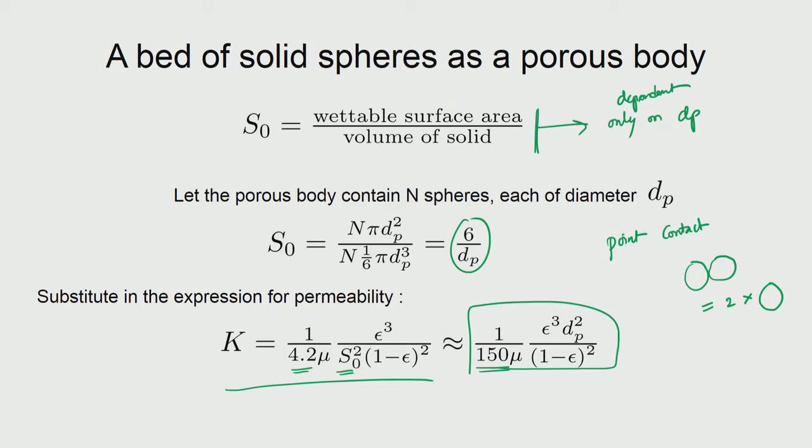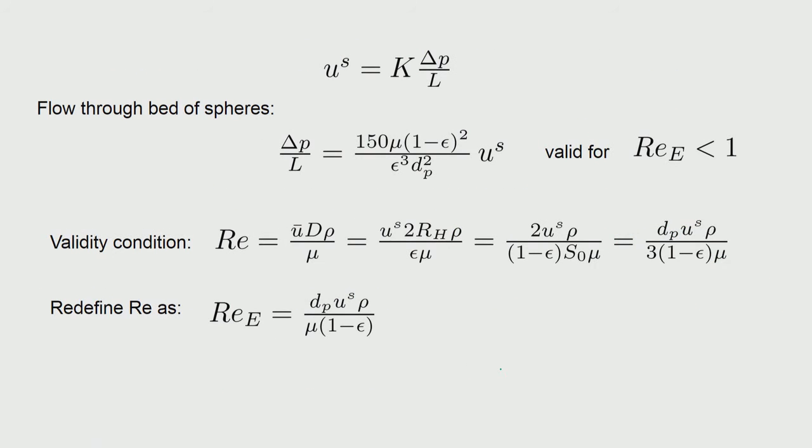Now, epsilon, if we already know that it is close packed with, let us say about 68% packing, then you already see that 32%, that is 0.32, will be the value of epsilon, and then the diameter is available. So, dP can be substituted, and with the viscosity of the fluid available, immediately we can get what would be the permeability coefficient. Now, once that is there, then we can substitute in the Blake-Kozeny equation and see how that would look like for the bed of spheres.